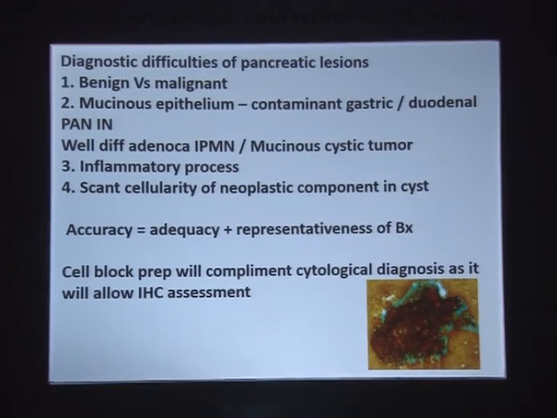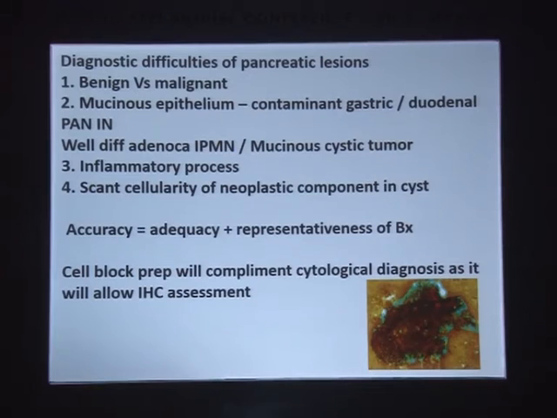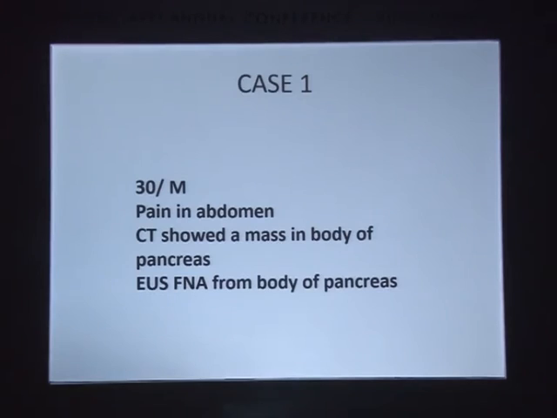And in these pancreatic FNACs, contaminant duodenal and gastric mucosa fragments come. And this is a duodenal fragment, which is a nice, beautiful duct epithelium, honeycomb-like material, but punctuated with a lot of goblet cells, so that we can separate it from the pancreatic duct epithelium. So with that, I'll just share a few cases.